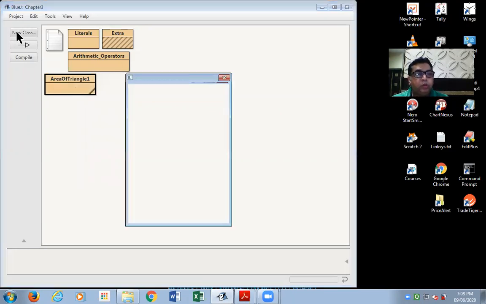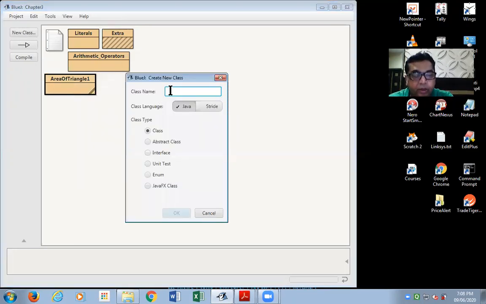So I'm clicking on new class and I'm giving the name to the class as area underscore of underscore triangle 2. This time I've added the underscore in the class name, just a variation, just to tell you that this also is a valid class name.